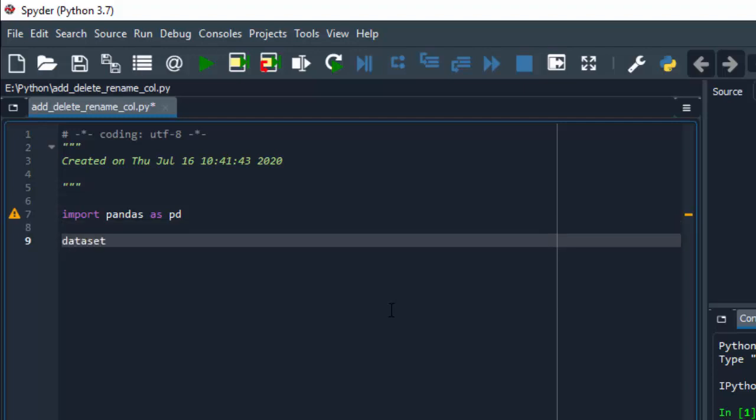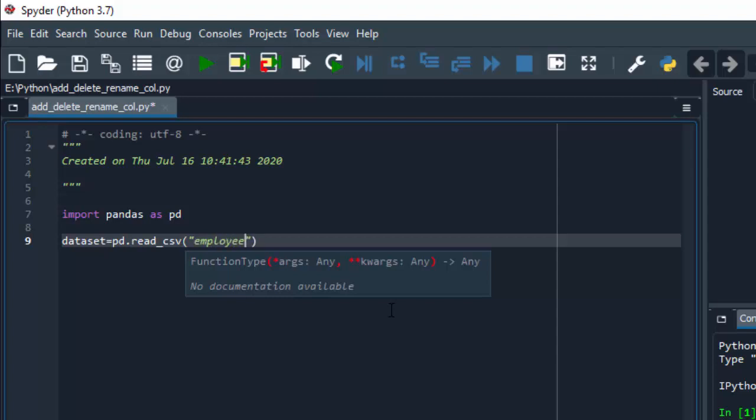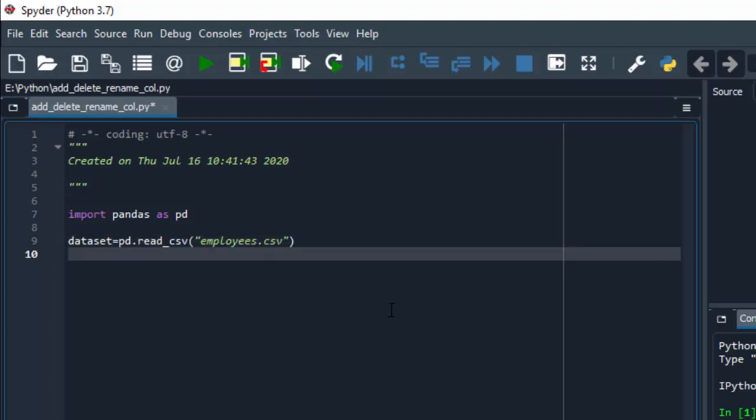Here I have taken the variable name as dataset; you can take any name of your choice, it's just a user defined name. Equals to pd, that is the pandas library, dot read underscore csv, and in brackets pass the name of the csv file, that is our dataset. So here I am using employees.csv, and I have just passed that name over here.